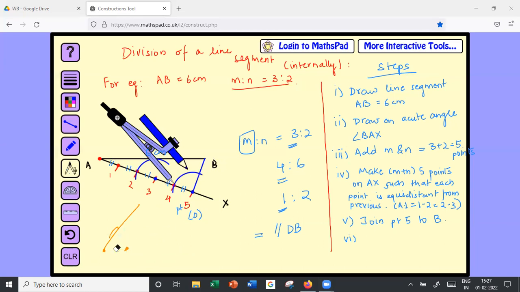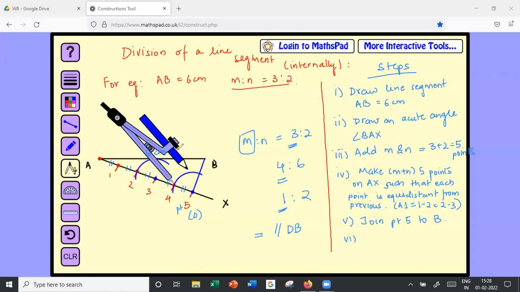Yes, Aditya, you had a question? Ma'am, I'm confused. In school, they have told another diagram, not for the same question. They said that we have to draw an acute angle, and with the same angle we have to make another angle from point B upside. That is another method. Yeah, there are two methods of doing this. This is the first method. Once I complete this, I'll show you that method also. Okay, so you're all done till here, right?